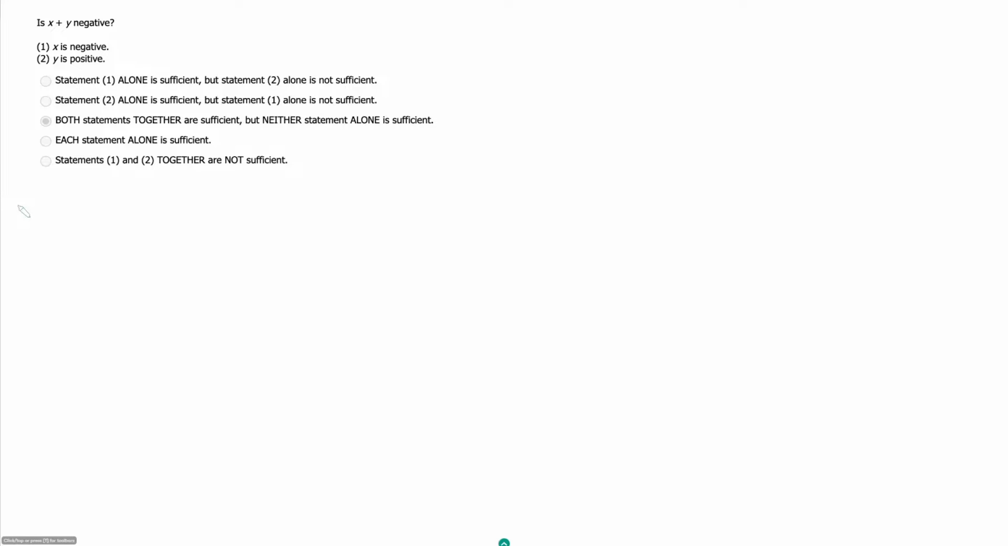Is x plus y negative? So we can write this as, is x plus y less than 0? And there's not really any more information in our prompt. There's really not any information at all. There's just a question. But just from glancing at the statements, I can see there's really only 4 possible scenarios